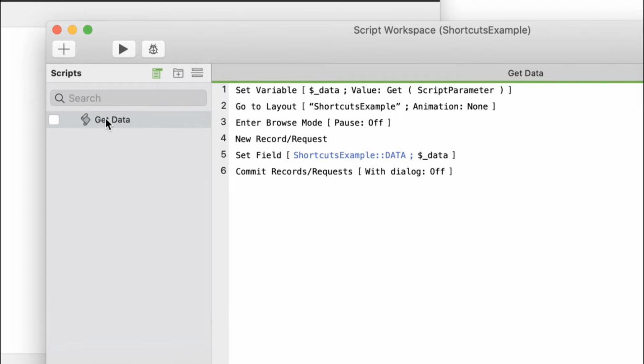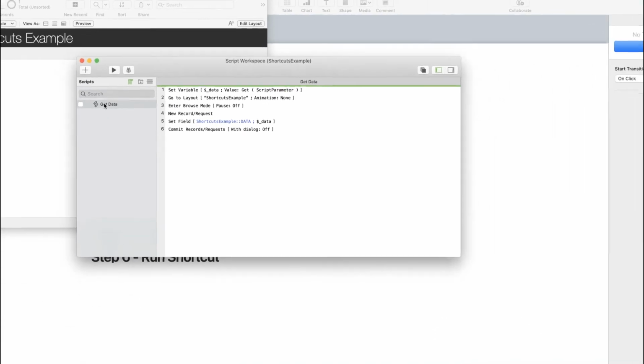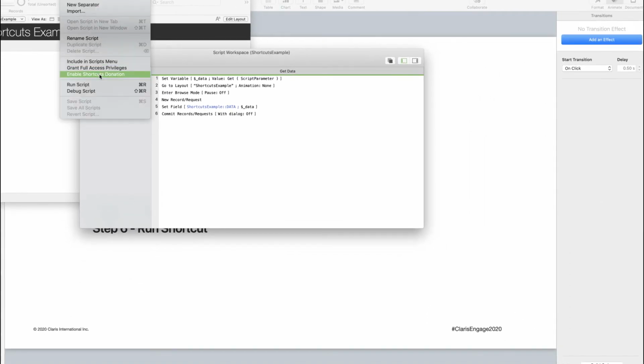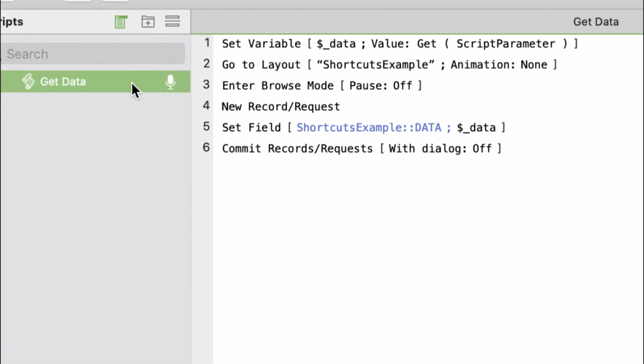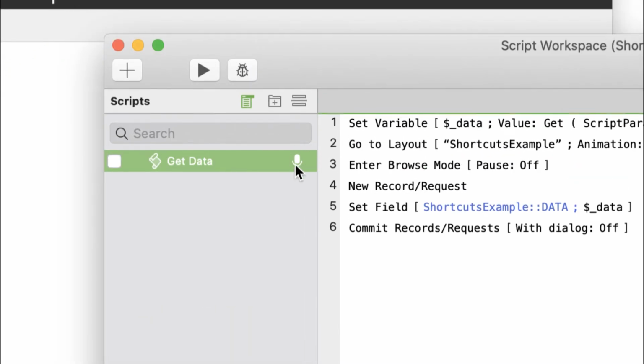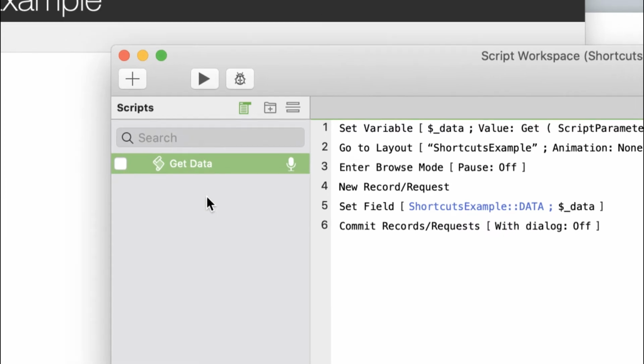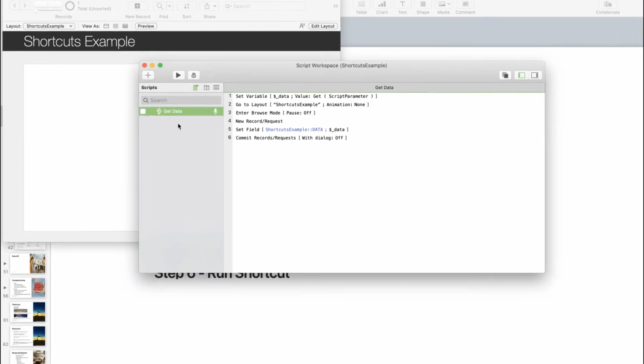And now to enable this script to be donated, all you need to do is go to scripts, enable shortcut donation. You can do it that way, or you can right click on the script and do the same thing. You'll see a little icon here that shows like a little microphone, and that microphone is telling you that this is going to be donated to the shortcuts when